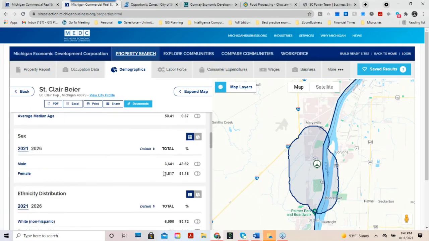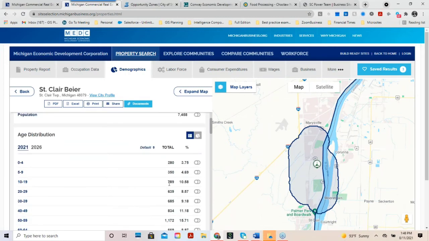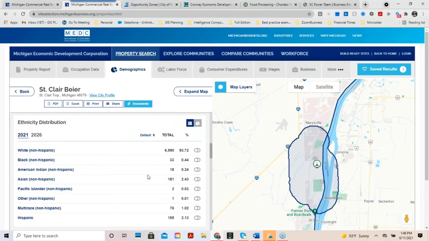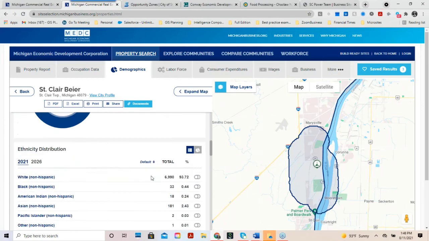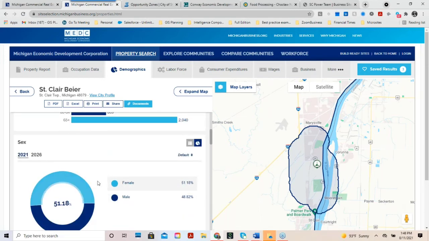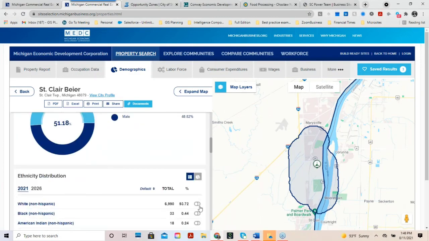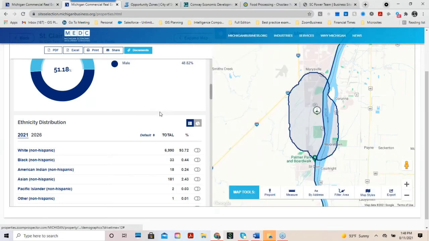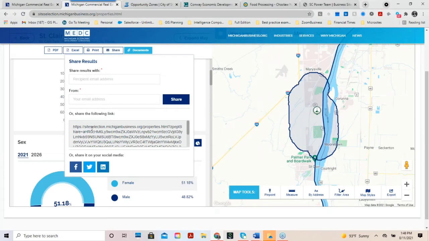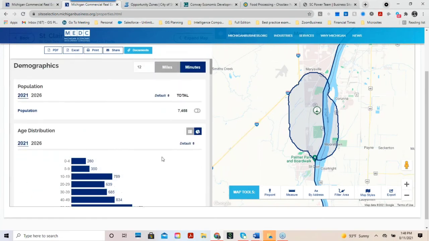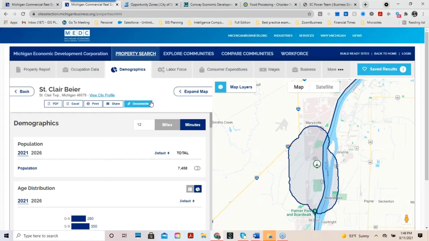Here we have our age distribution, gender information, ethnicity information. What I love so much about our data is the ability to look at this in multiple formats. So here we have our standard report form that lists our different categories and subcategories. This is our graph form. I'm more of a graph visual person, so this is how I will retain more information. And then of course we have our heat signature, which allows us to map as we saw. And on any of our heat maps, you have the ability to exchange between patterns and colors. So just like we saw before, you have the ability of looking at this information and sharing this information with anyone who you feel would benefit from having this data,